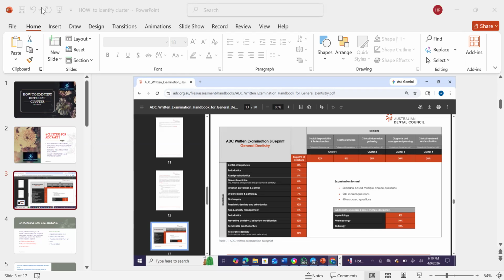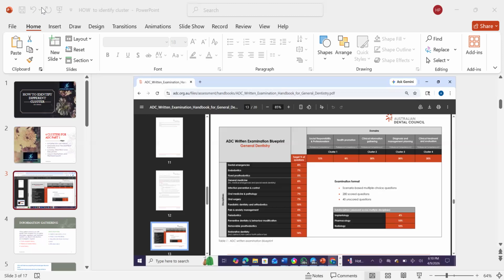So you need to be very sound when you take the proper history of the patient. You do the investigation based on the provisional diagnosis you make. Because if your information gathering cluster has the right answer, only then are you able to provide the good diagnosis and the management. But if your history and the investigation part is wrong, there are high chances you are going to give the wrong diagnosis, and that will lead you to the wrong management and treatment plan.